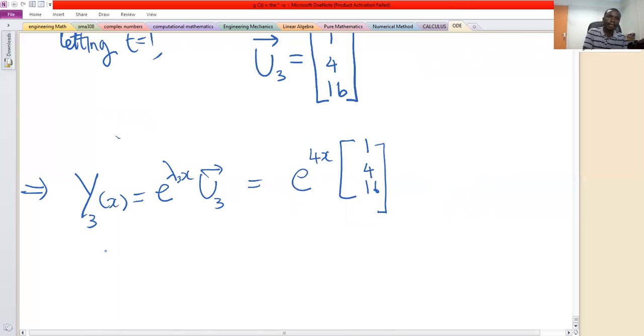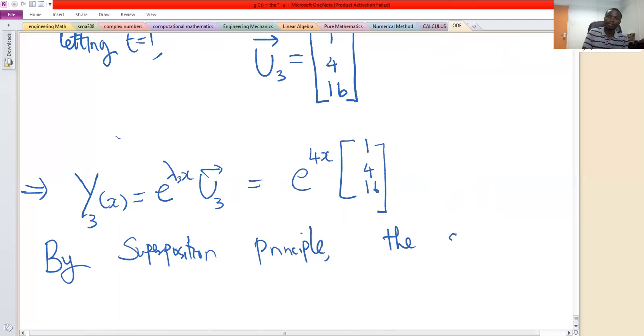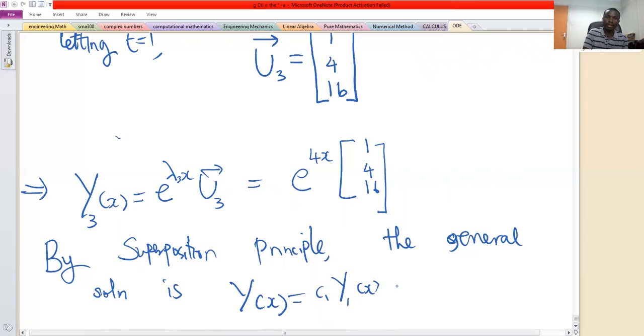So then lastly, by superposition principle, the general solution is y of x is given by c1 y1 of x plus c2 y2 of x plus c3 y3 of x,